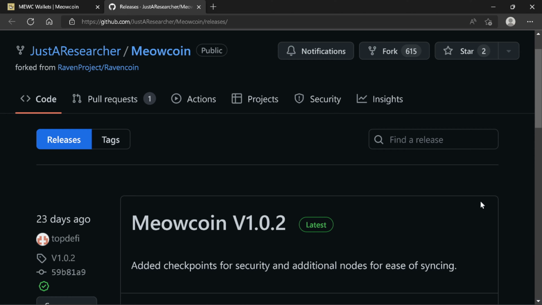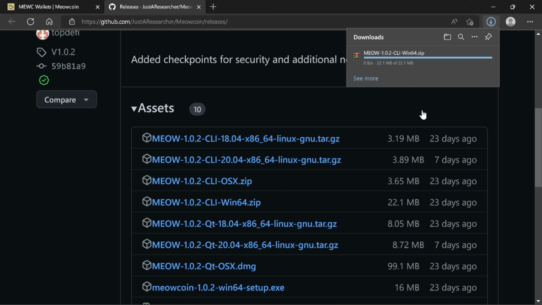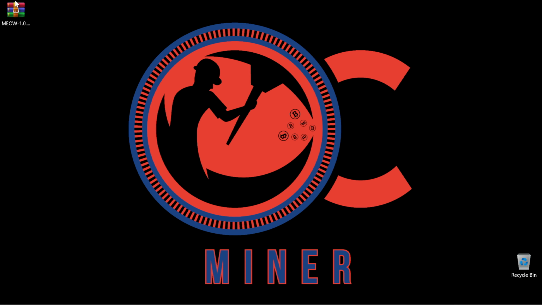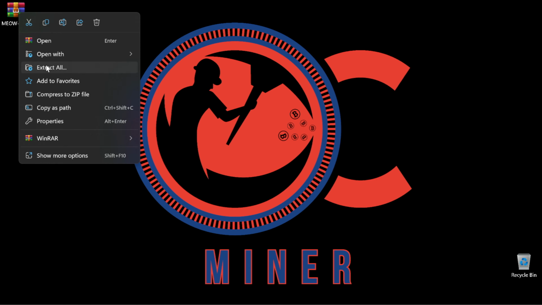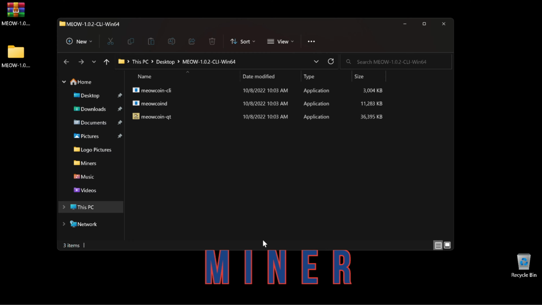Once on the official GitHub page, we're going to scroll down to the win64.zip. We're going to select this and download it to your desktop or whatever folder you want to keep your Core Wallet in. I do it on the desktop because it's easier for me to use and find. After the file has downloaded, right-click the file, extract all, and then click extract. If you do not have a program to unzip files or extract files, I will leave a link to WinRAR